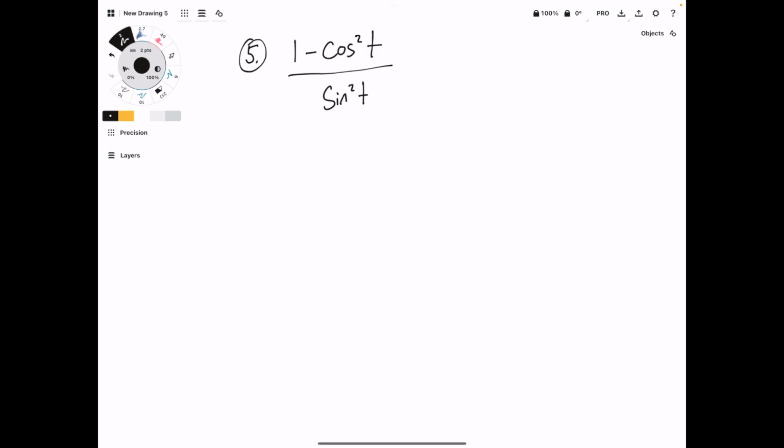For question 5, we have (1 minus cosine squared t) over sine squared t. We should recognize that the top part is equal to sine squared t from one of our trig identities. So when we write it out like this, we'll see that the final answer is just 1. For question 6, we have